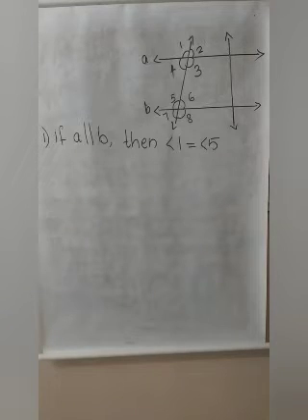Yes, they are a pair of corresponding angles. Angle 1 and angle 5 is a pair of corresponding angles. Now, here the given condition is the two lines are parallel. If the two lines are parallel, what happens to the corresponding angles? Angle 1 and angle 5, that means the pair of corresponding angles will be equal. So, we can say angle 1 is equal to angle 5. What is the reason? They are a pair of corresponding angles.